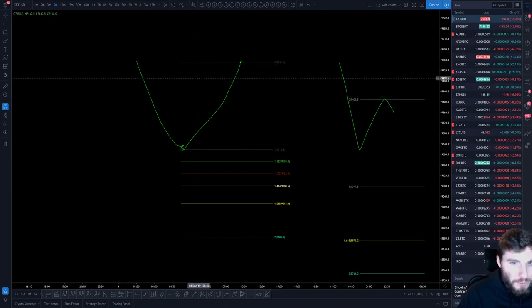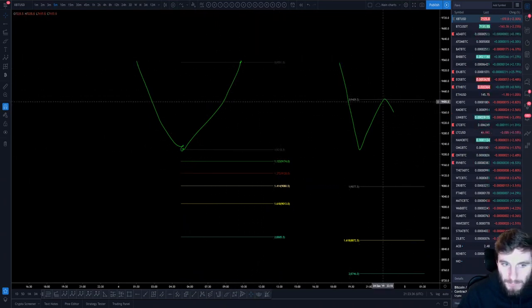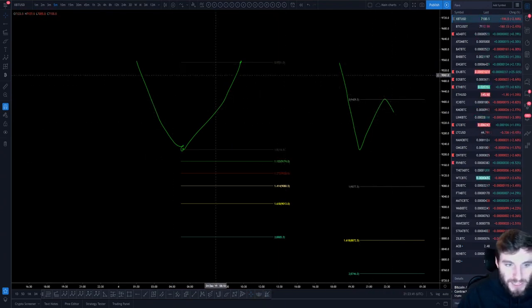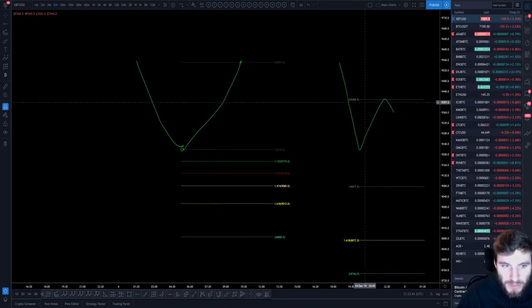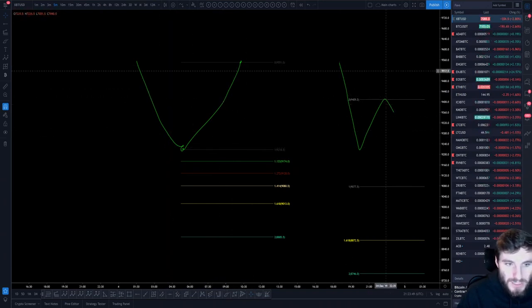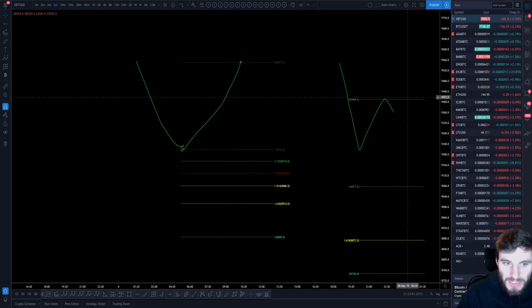This is primarily used by me on harmonics. This is used more on Elliott waves, I guess. But that's the differentiation between the two tools, expansion and extension. You need three pivots for one, two pivots for the other. This is more harmonic use, this is more Elliott wave use, but they can be used individually with zero harmonic knowledge and zero Elliott wave knowledge.